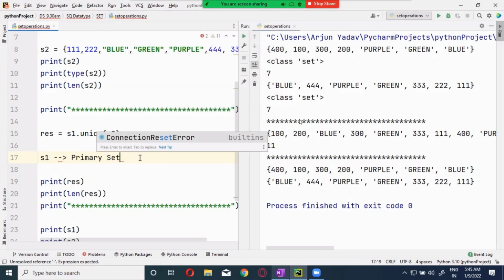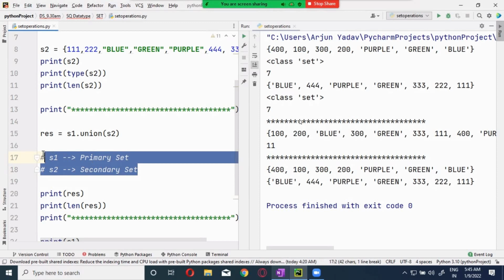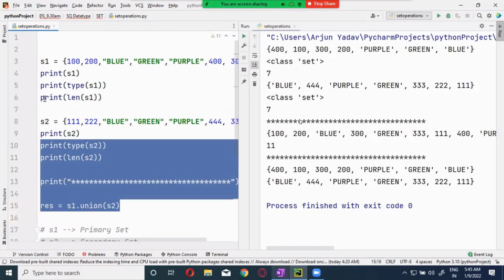Okay, guys. Now S2 is called the secondary set. Clear, guys? S1 and S2. Now let's go with the difference.